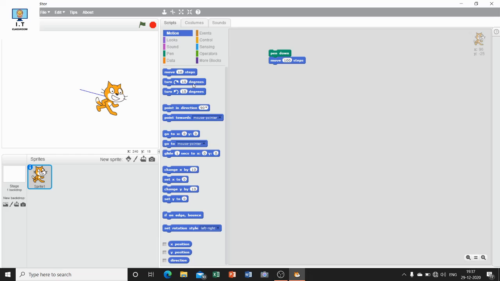now I am taking another block from here, and here I am changing the value also. Here by default it is 15, and I am writing 90 degrees here. After that,